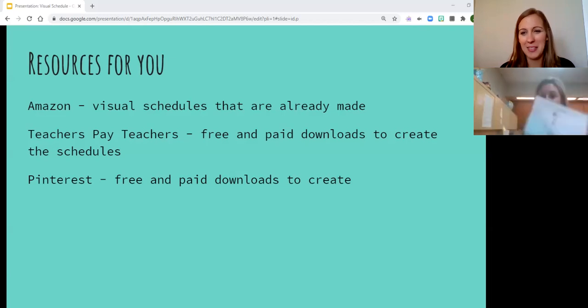Here's a different kind of schedule. Here's another schedule. This would be one that you would just use a dry erase marker and just check it off as you go. Now, these schedules are ones that I downloaded that someone else created. They are okay to use, but I will say I have not been able to find a way to manipulate the order that it goes in. So whatever order it's in, some of these, you won't be able to change it up. However,